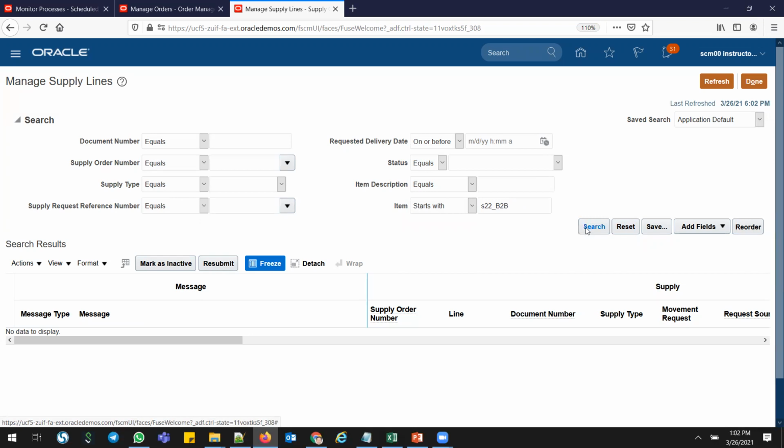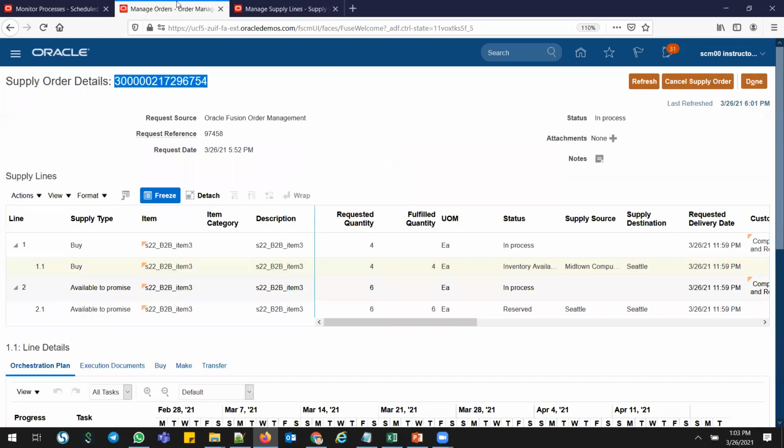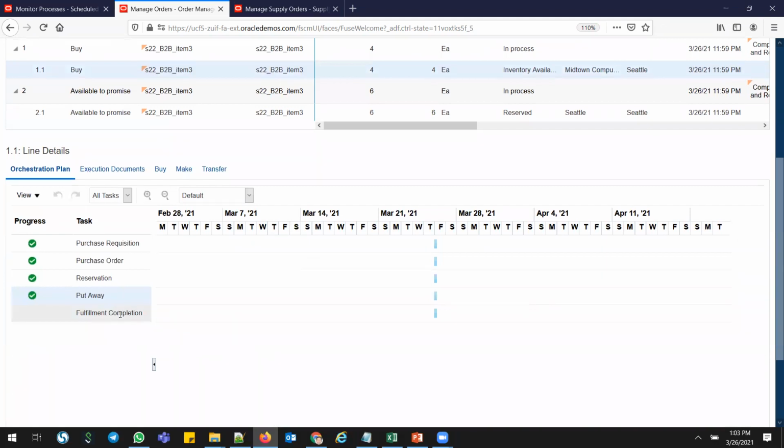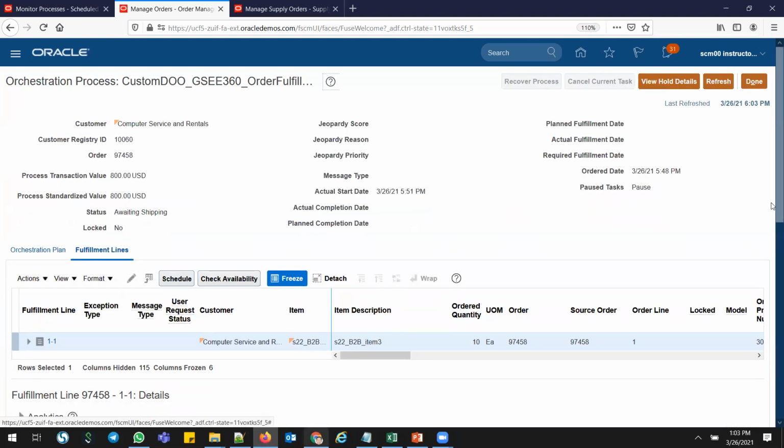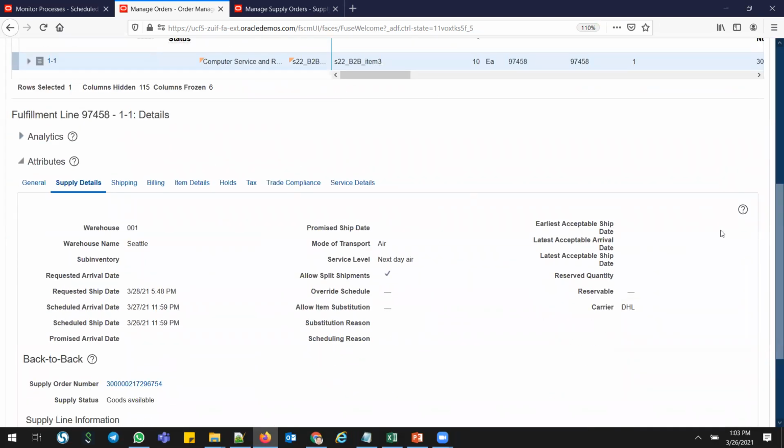Because it got completed, the supply request got completed. That's the reason it's not showing here. You can see here, refresh. The fulfillment is now completed. If you refresh this, done, if you come back again to the fulfillment order process, it will be completed now.